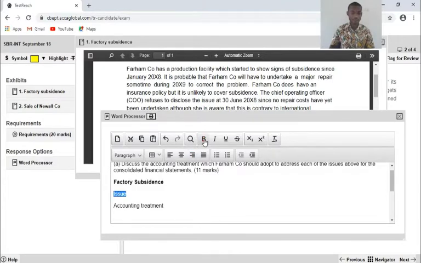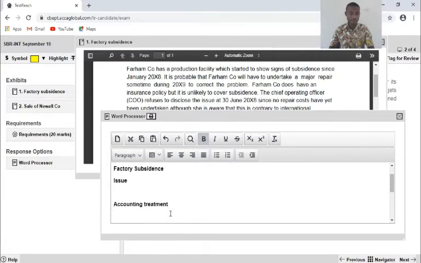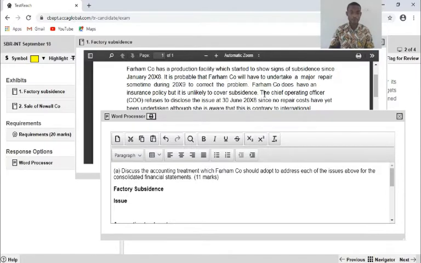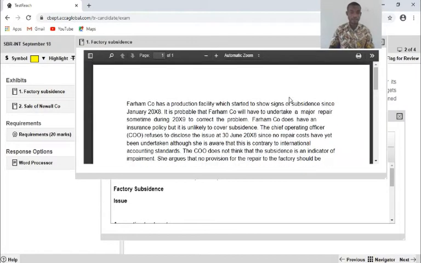So here I can bold these ones as well. I'm developing a good structure for an answer plan, so I can have this separated, also this separated. Great.